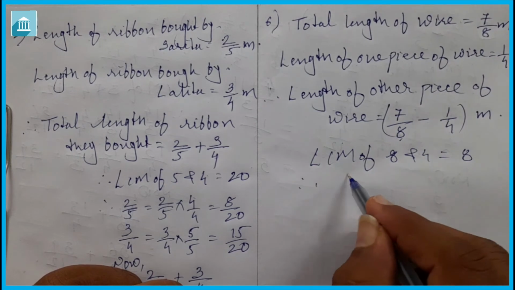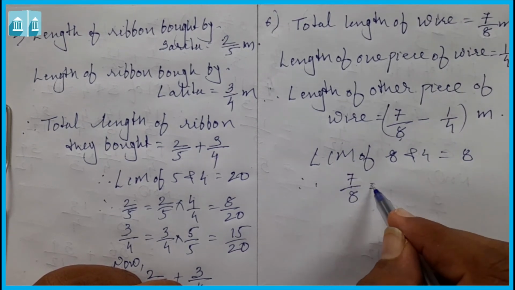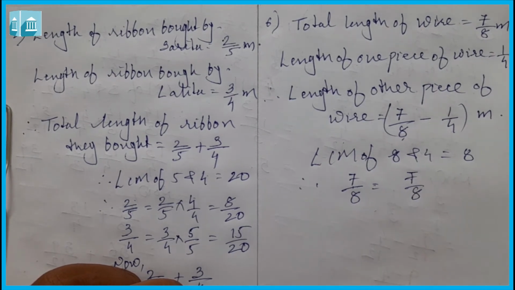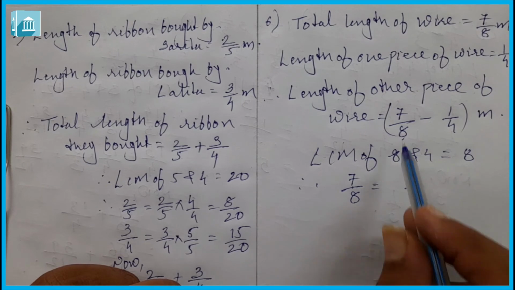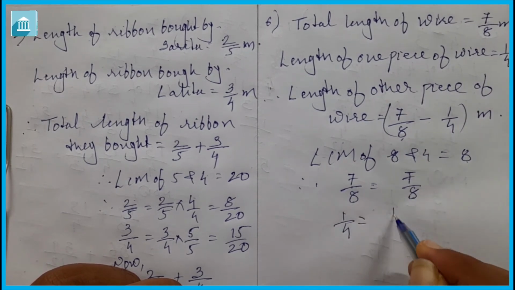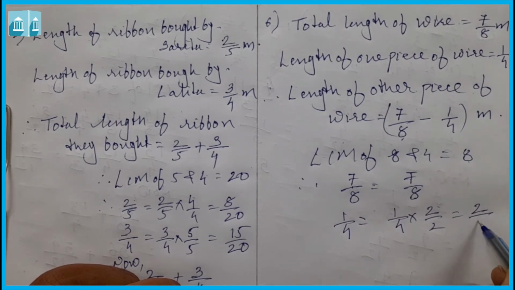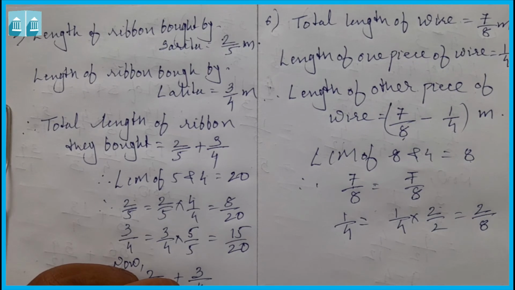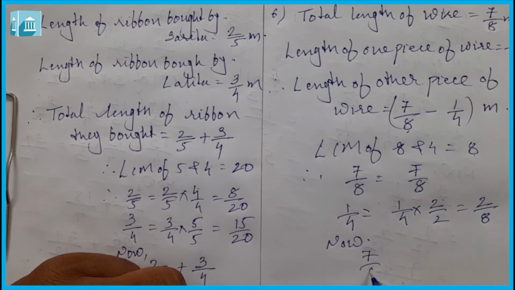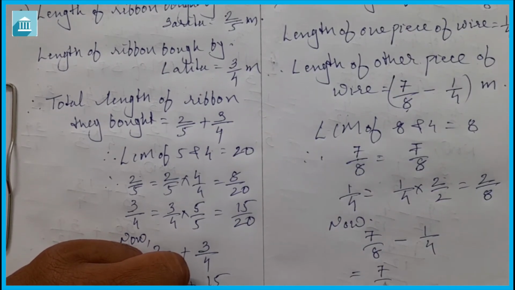Therefore 7 by 8 will remain as it is, 7 by 8, because here the denominator is 8 which we need. Then 1 by 4 is equal to 1 by 4 into 2 upon 2, which is equal to 2 by 8. So now we can say that 7 by 8 minus 1 by 4 is equal to 7 by 8